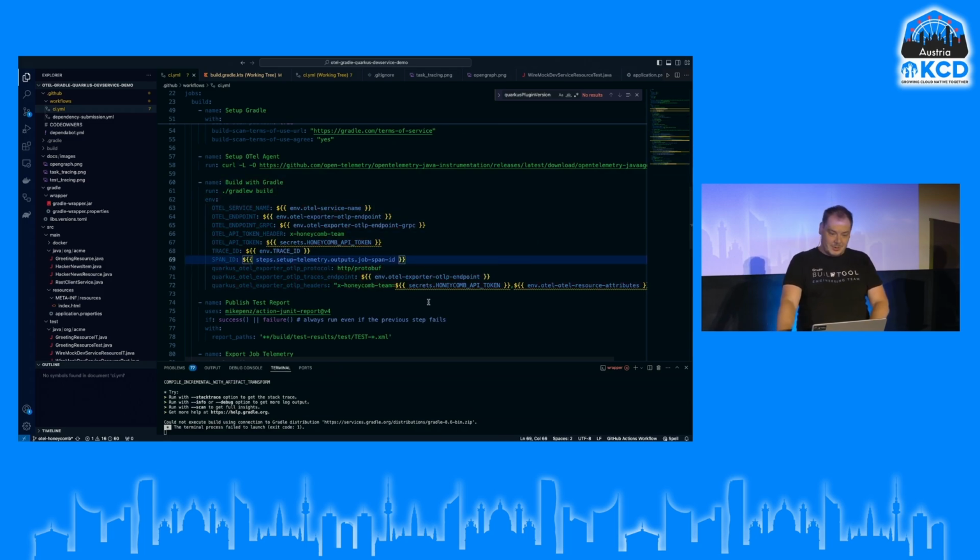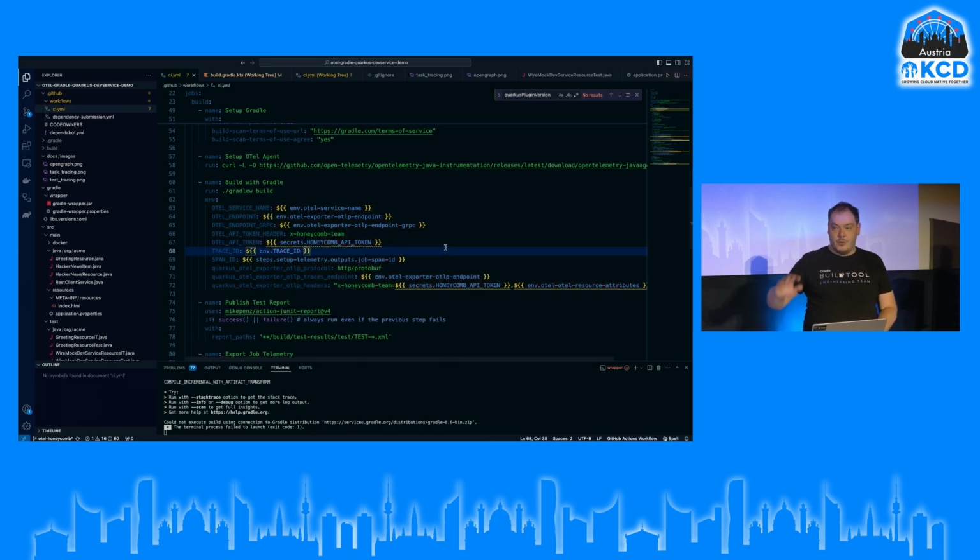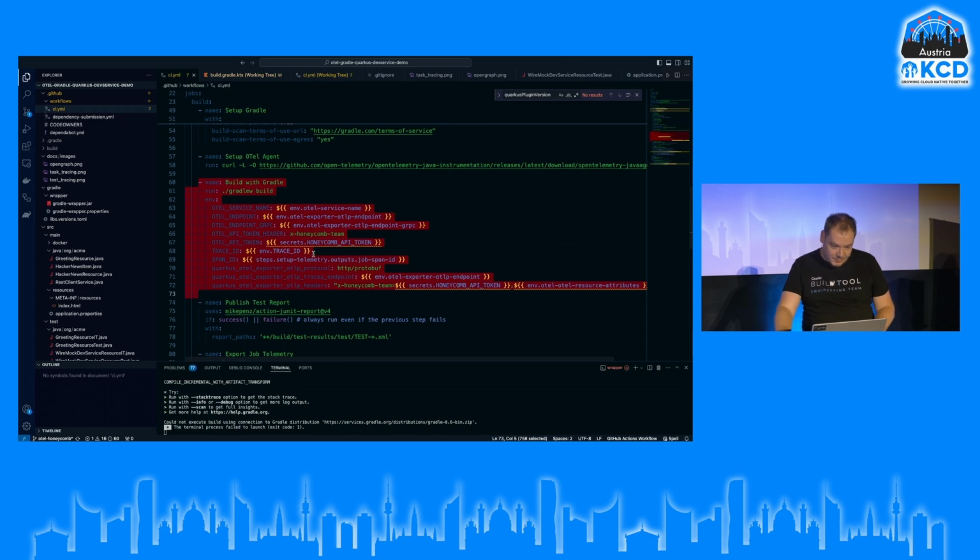So here, the interesting part starts: this vast amount of environment variables. The reason is quite simple. There are so many frameworks. All of them have some integration with OpenTelemetry, but this integration is not unified. So it's not enough to just pass trace ID and span ID as we would hope, and as we normally do in our scripts. Because everything is in Java, everything executes in different processes, you actually need to figure out for every tool down the line that is being invoked, you need to do some parameterization on the top level. So here we have this build with Gradle, and quite a lot of things.